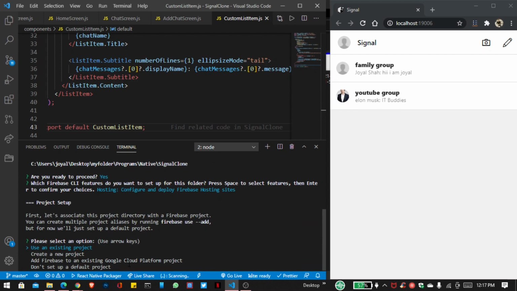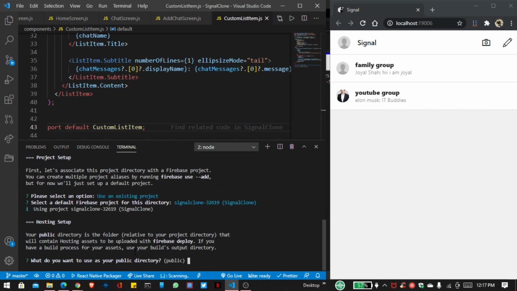Then I want to use an existing project. Then again press enter. Yes, I want to use this SignalClone. So press enter, and what do you want to use as your public directory? So I write here web-build,